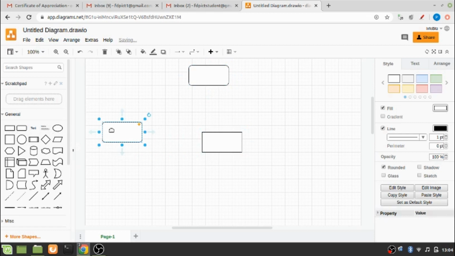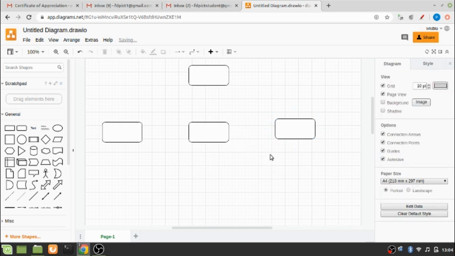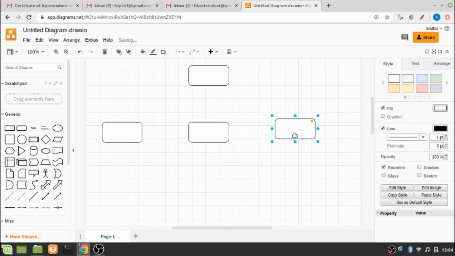There will be 3 parts. Adjust the positions as per your need.